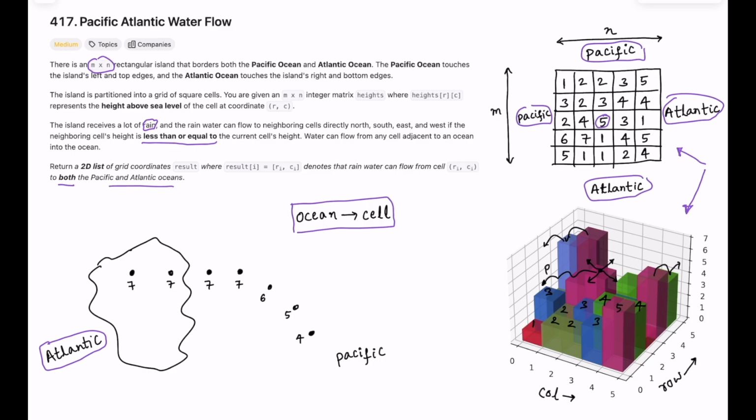So let's say this node borders with the ocean. That means we can reach the ocean from that cell. So we start DFS from that cell and visit all the neighbors that have height greater than or equal to the current cell. Notice the condition is also reversed because we have changed the direction of DFS. So we can visit this cell and this cell. We cannot go any further because the neighboring cell has a height of 6, which is less than 7. So we stop here,